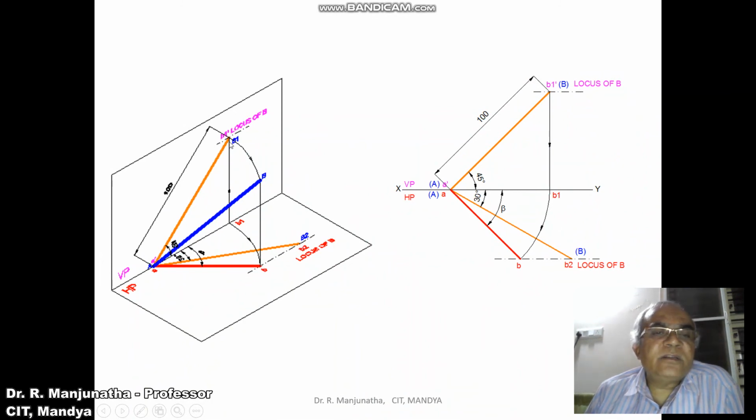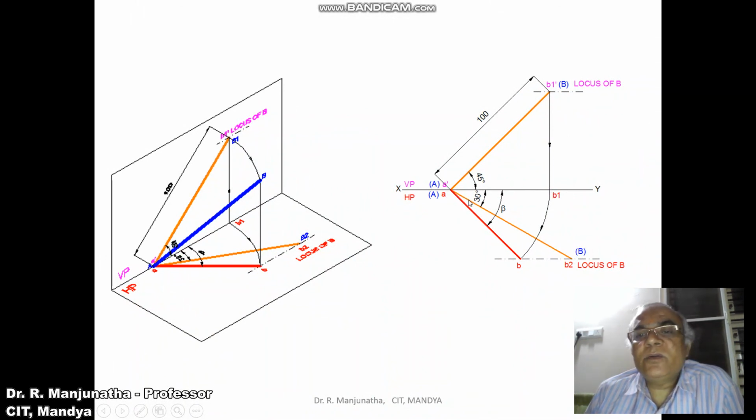When you are rotating in space, this is the space wherein A dash B1 dash is the line, that is, capital AB1 is the line which has been rotated in space such that it touches the locus of B in the top view here, so that when you look from the top view, this is the top view line you will get. That is what we have explained here in the orthographic view, wherein A dash B1 dash is the front view true length. Obviously that line should be parallel to XY. So AB1 is parallel to XY.